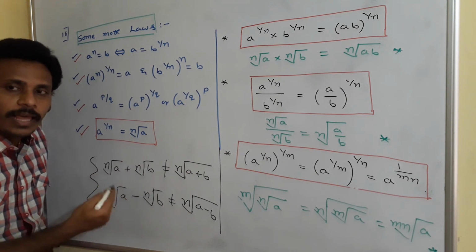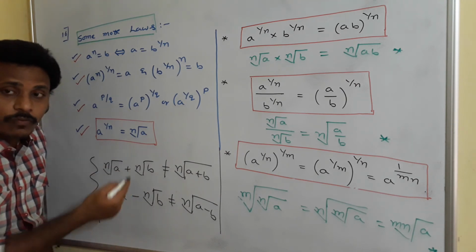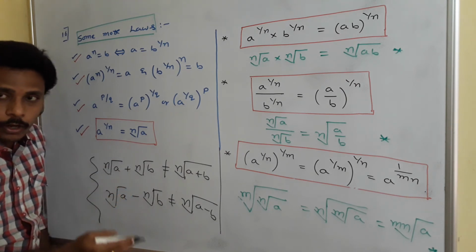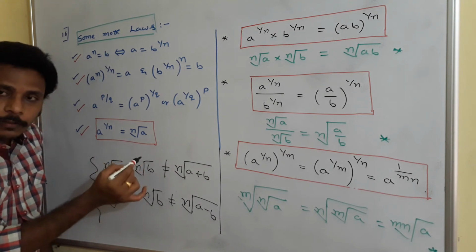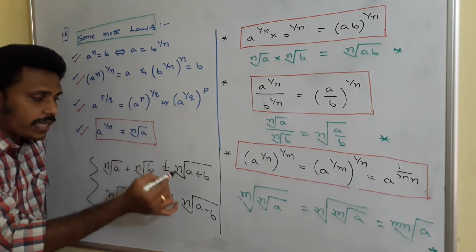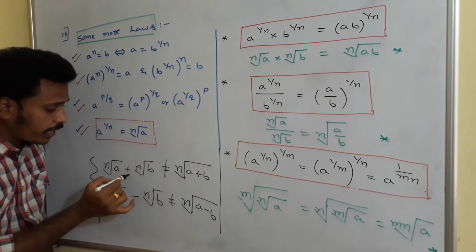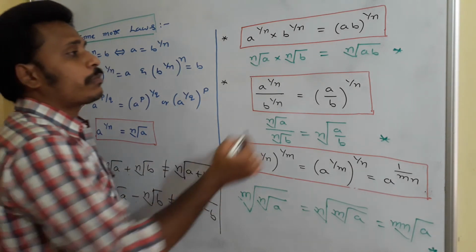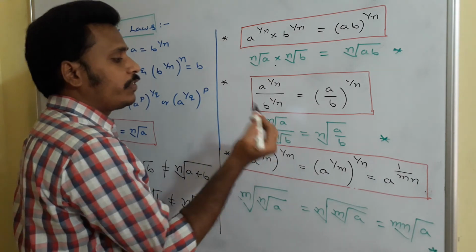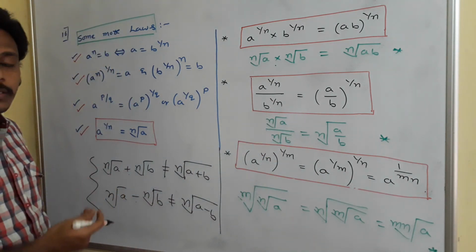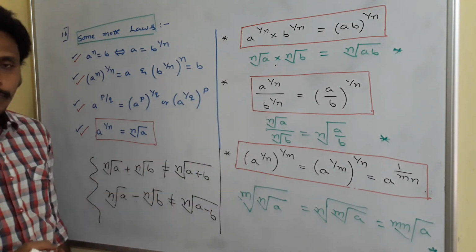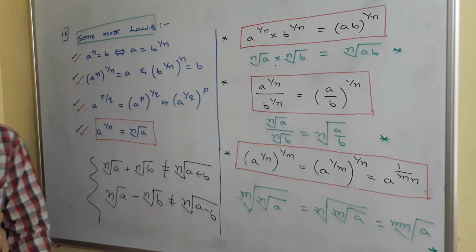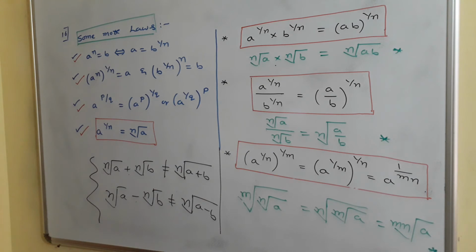The same thing we will express in terms of exponents with power 1 by n also. I think you all know, right? Here, nth root of a, nth root of b. Picking nth root as a common thing is not acceptable for addition and subtraction, but acceptable for multiplication and division. Just observe all these things, and I will give you some simple problems related to these three laws now. This is our 16th point. Have a look. If you have any doubts, just mention.